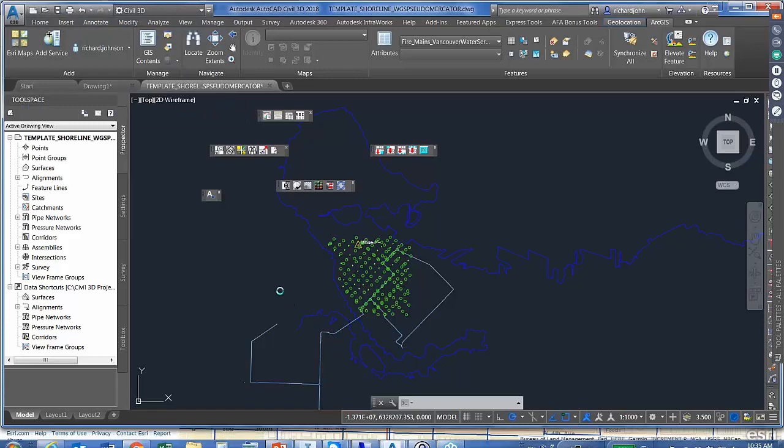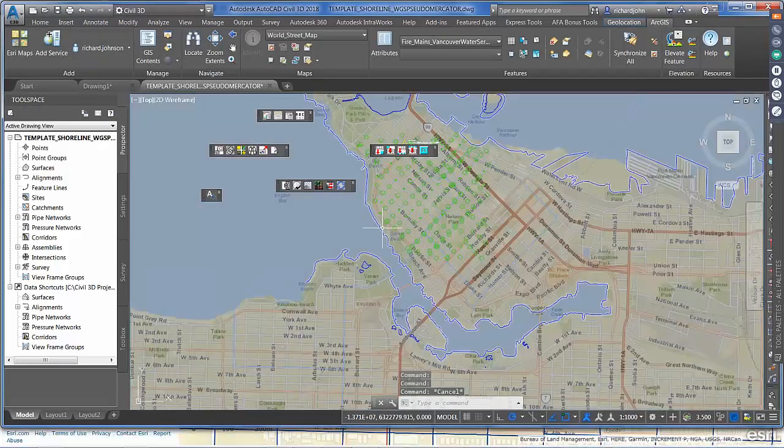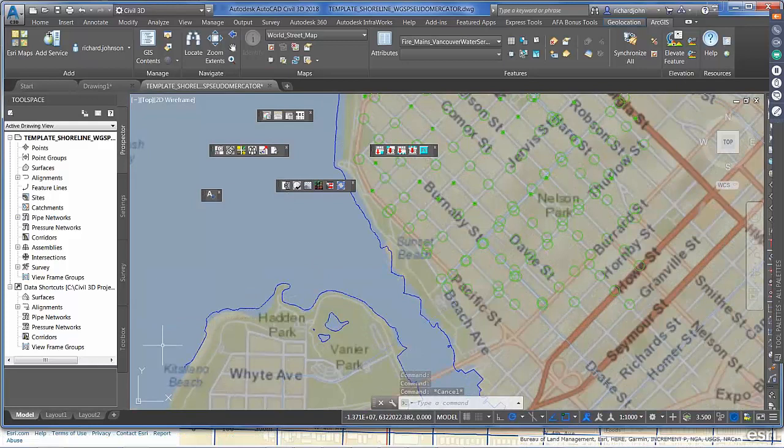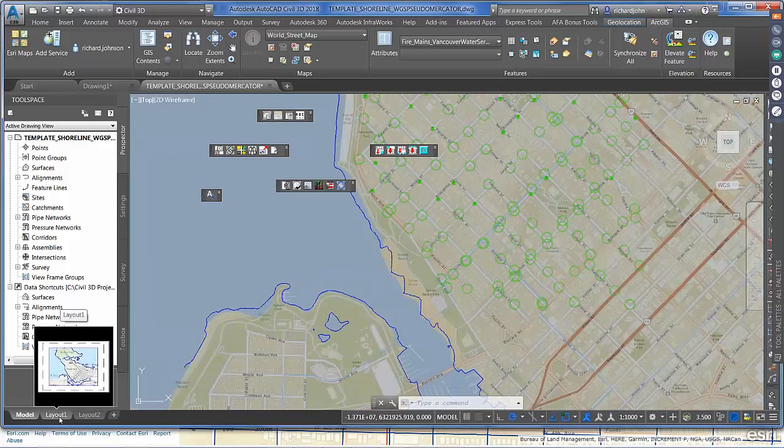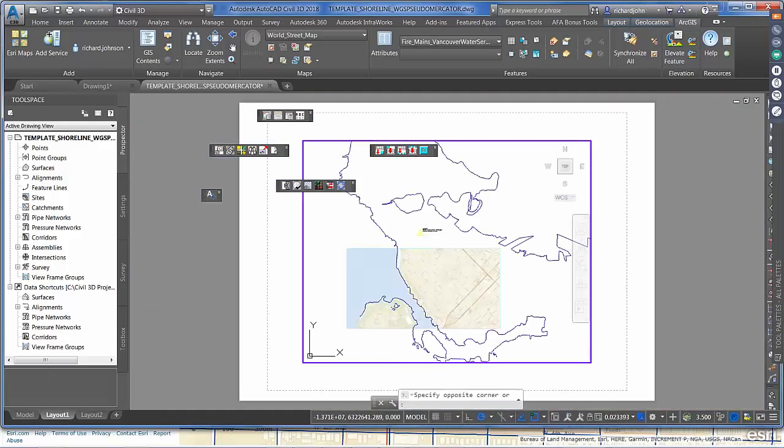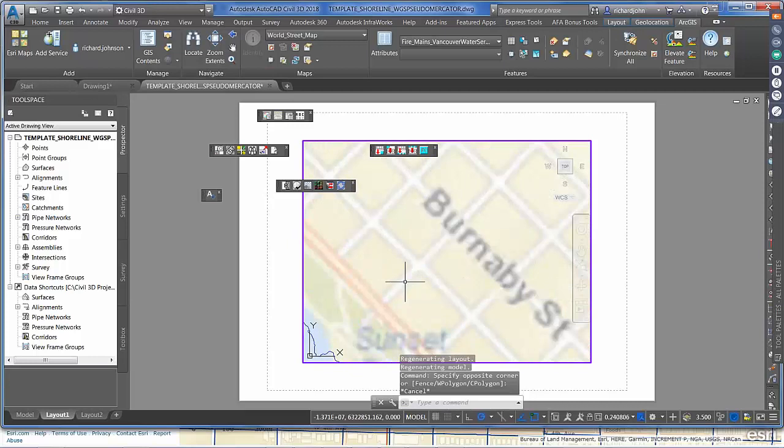I've got a little internet hookup going here, so there we go. Okay, so now if I go to my layout, you can see how it gets more detailed as I zoom in. I can go to my layout, zoom into my particular area,